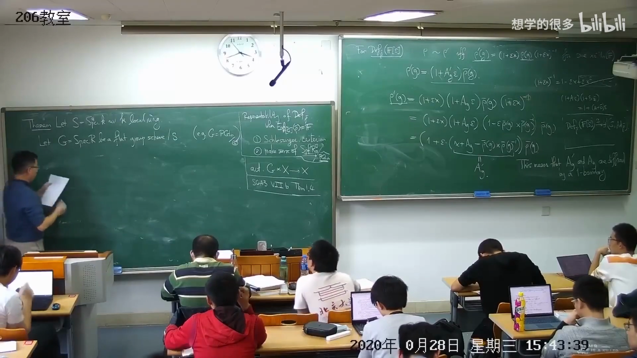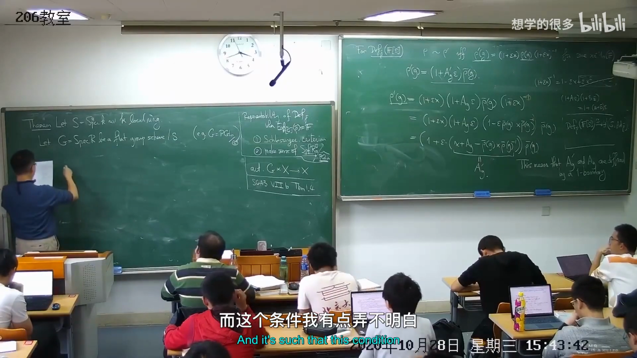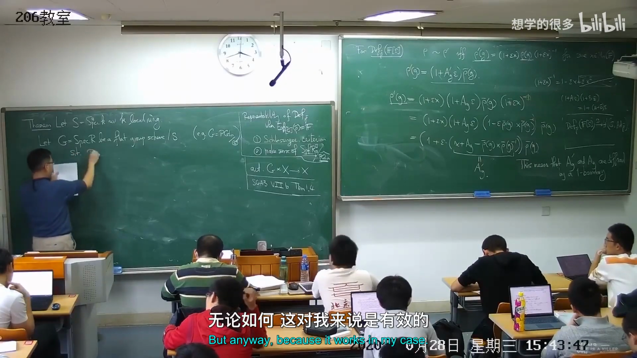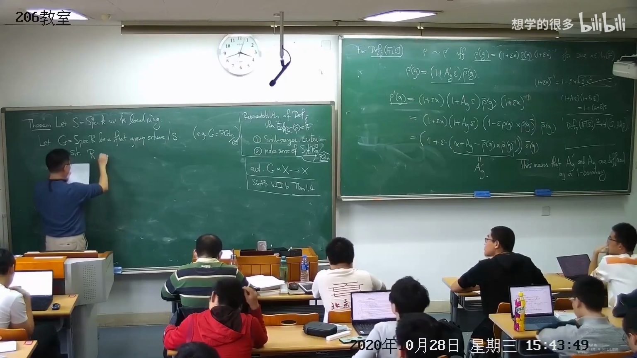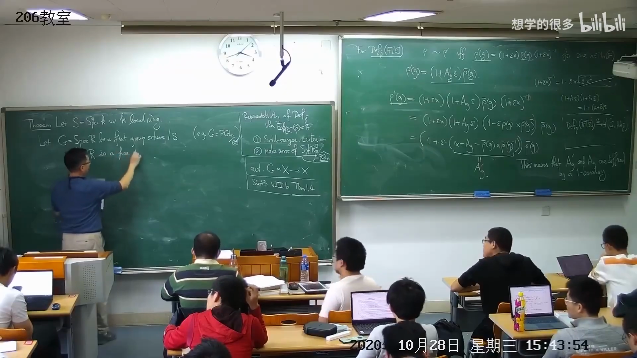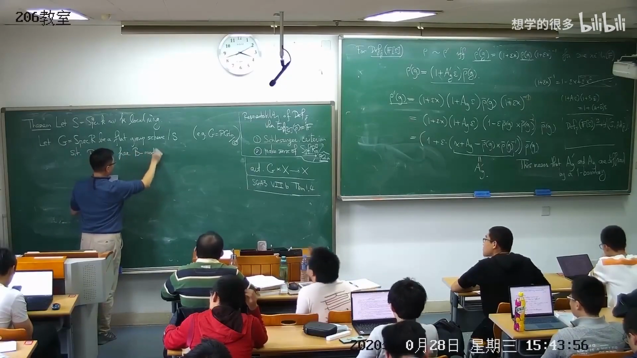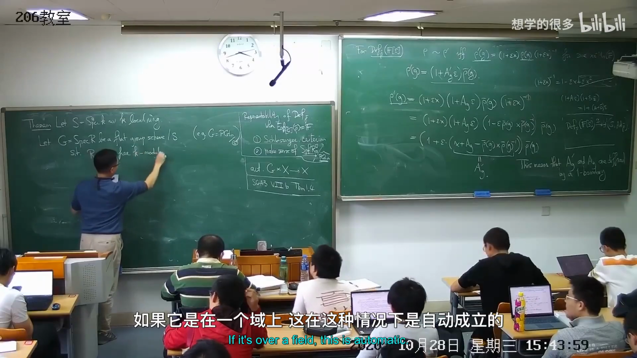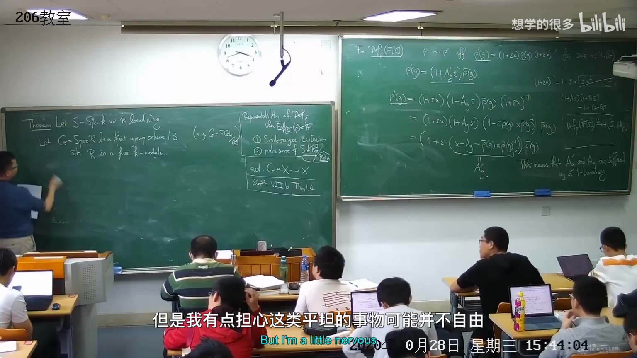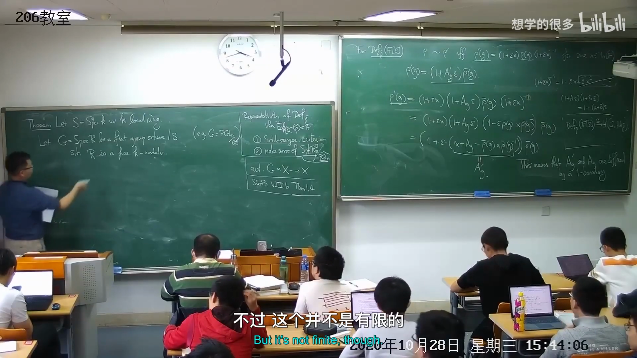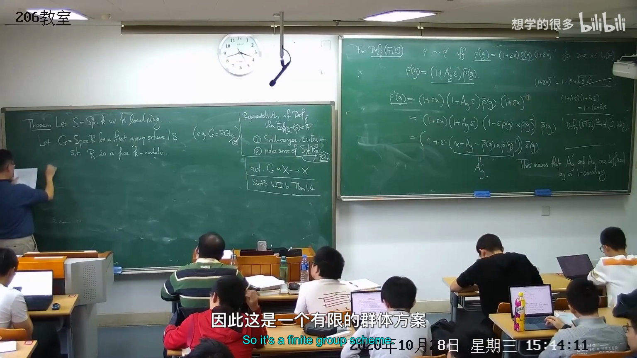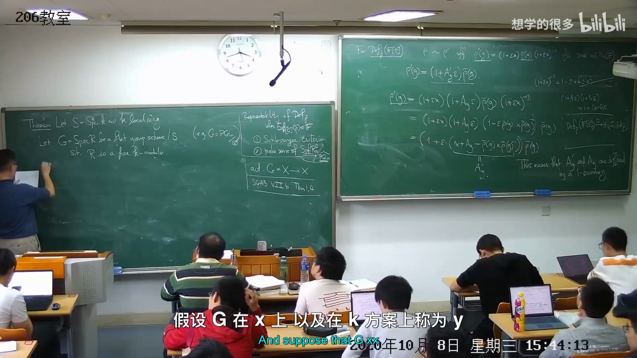And such that, this is a condition I don't quite understand, but anyway, because it works in my case, R is a free K-module. If it's over a field, this is automatic. But I'm a little nervous about flat things being not free. But anyway, it's not finite though. So this is a finite group scheme, and suppose